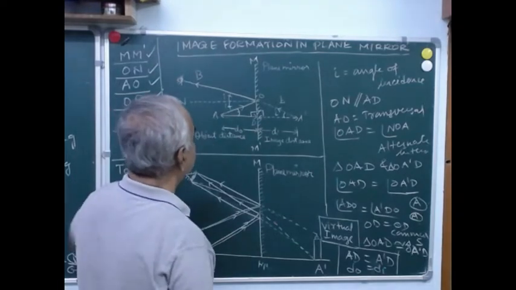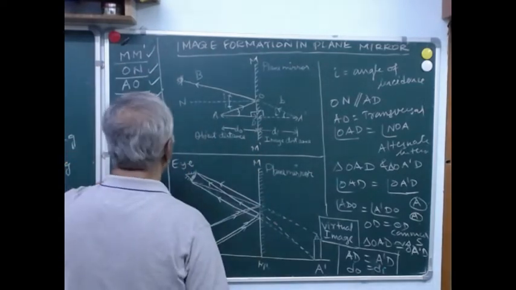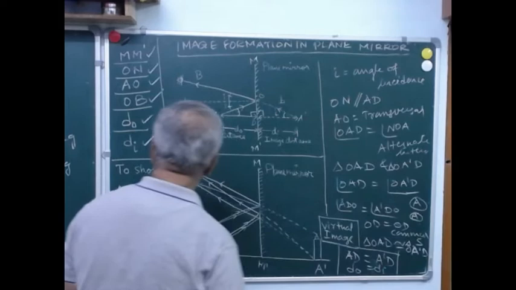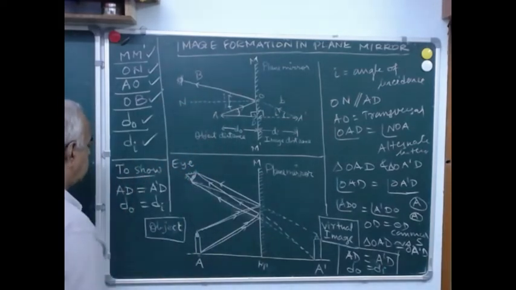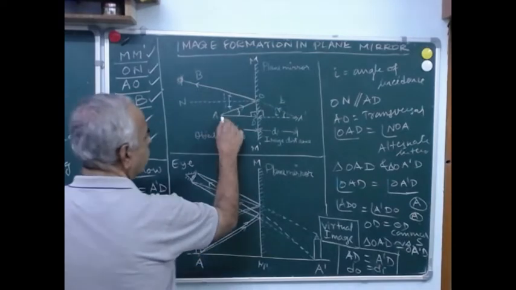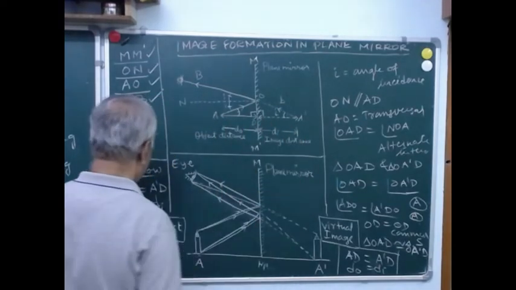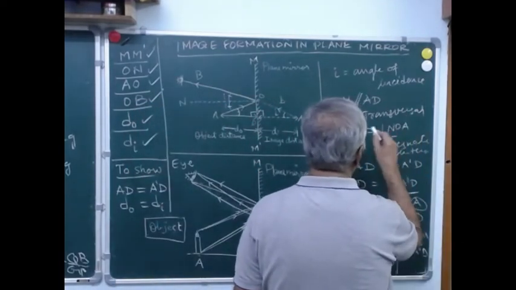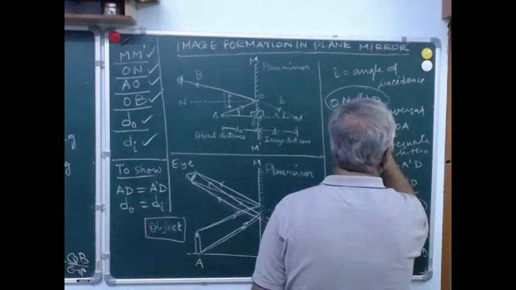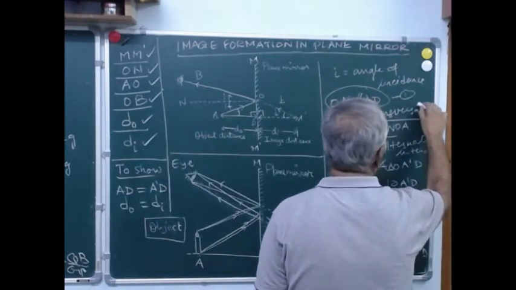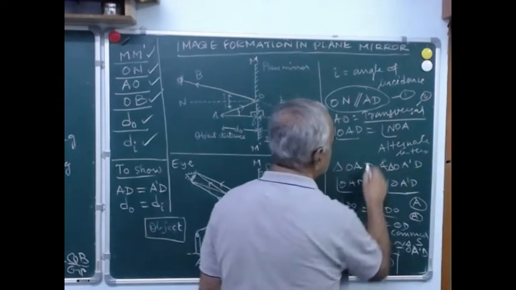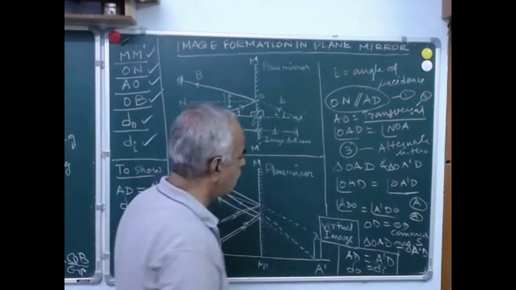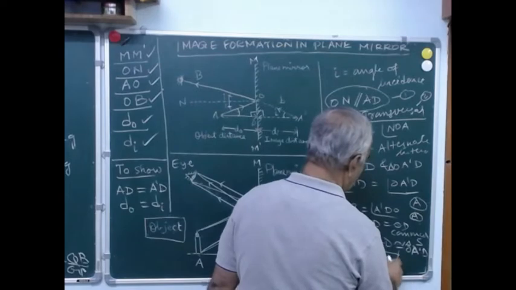Now let us move here. As I already explained, you have to identify all the parts of this diagram. You have to properly label the diagram, and then what is the objective? To show AD is equal to A dash D. That is, we need to prove DO is equal to DI. The concepts we have taken: parallel lines, that is very important. So that is key point number one, and you have to take the transversal. Then you have to consider alternate interior angles for parallel lines.